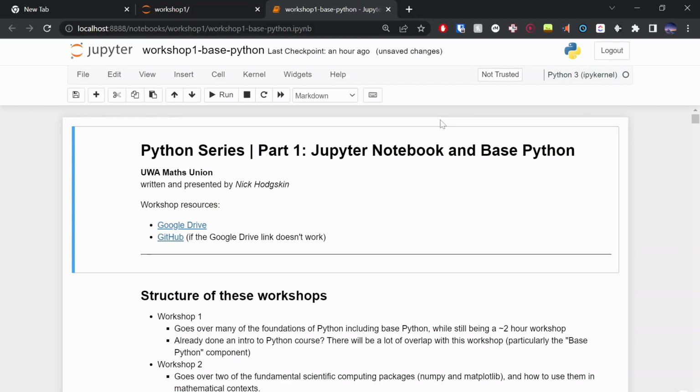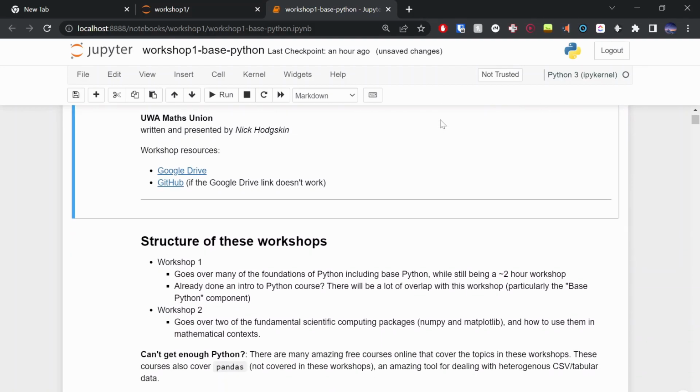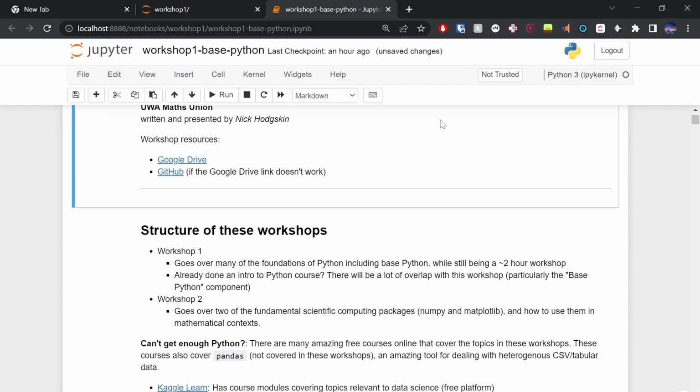It's a good turnout. And hopefully over the duration of this workshop, I can get you as comfortable as possible with Python, ahead for your units or whatever you want to do with it. So just a bit of an overview. I guess we'll get started now. So recording started and everything.